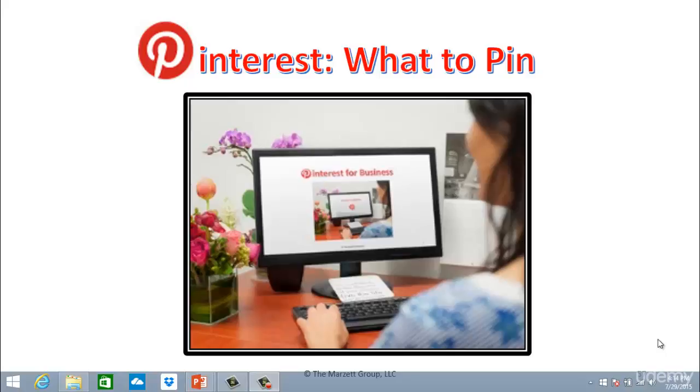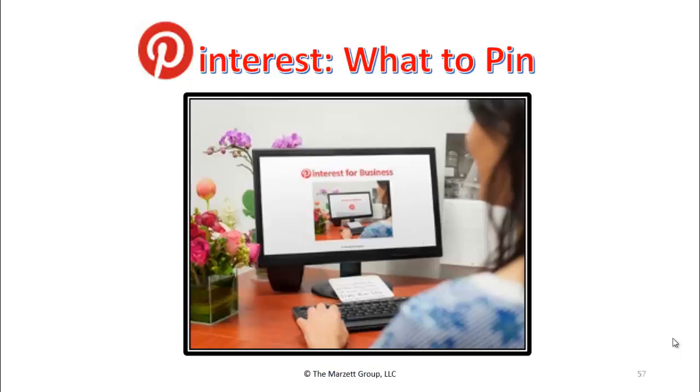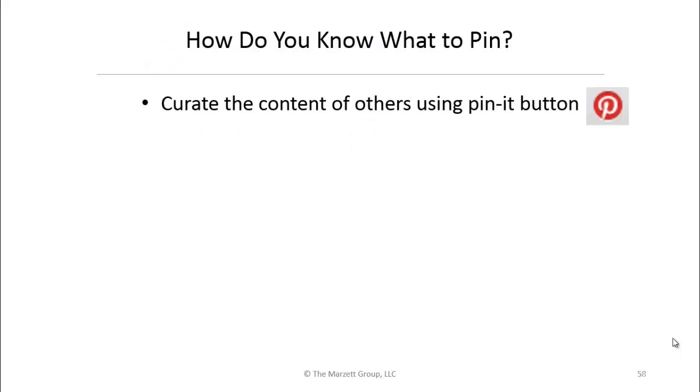So you have your business account. You know what your strategy is for using Pinterest. You know what secret pins or secret boards are. You know how to edit your pins. You know how to use keywords. You've learned a ton, but how do you actually know what to pin? In fact, how do you know what pins would even be of interest to anyone? Well, that's what this video is going to be about. We're going to walk through a few different ways to know what to pin, how to know what your audience